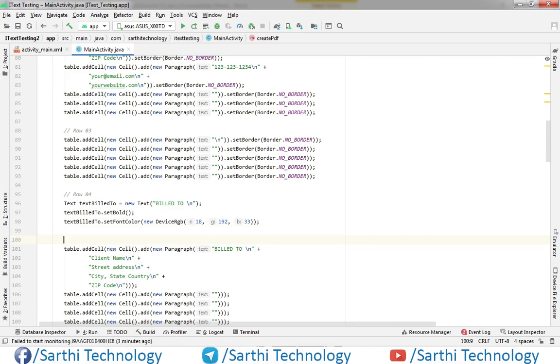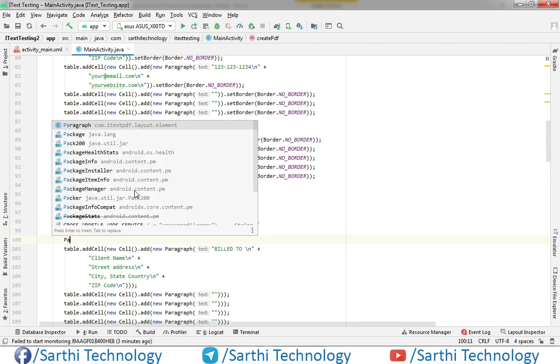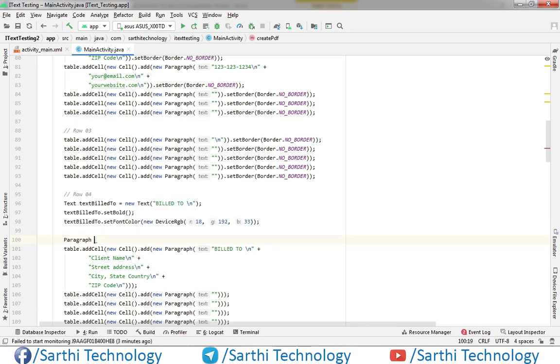Now create one paragraph. Paragraph build to equal to new paragraph.